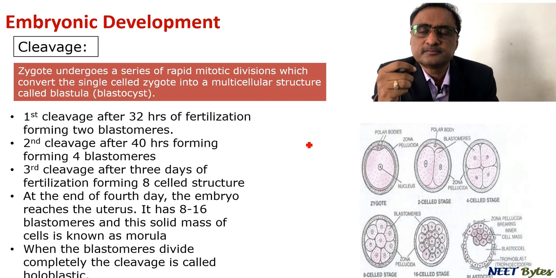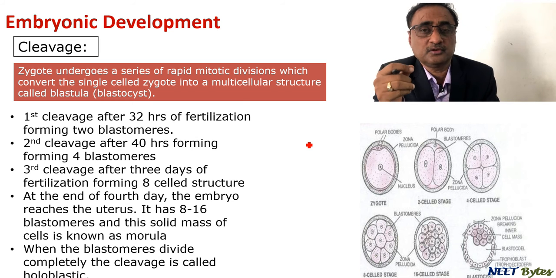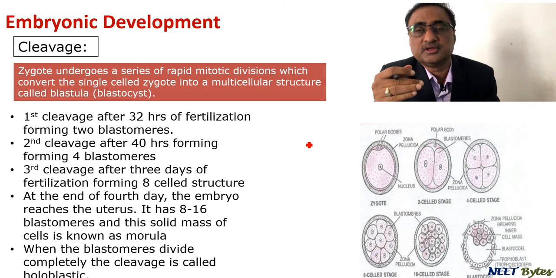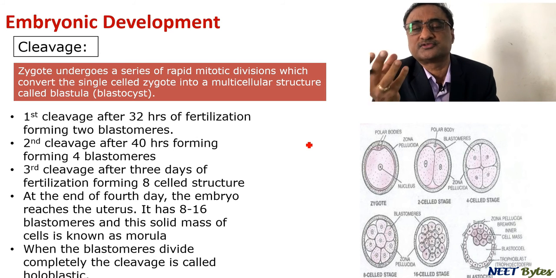We know very well that once fertilization happens, the zygote will form and immediately undergo the process of embryological development. So it undergoes the process we call cleavage. First of all, we will discuss what exactly cleavage is. It undergoes a series of rapid mitotic divisions, which eventually convert the single-cell zygote into a multicellular structure, and the structure formed is called